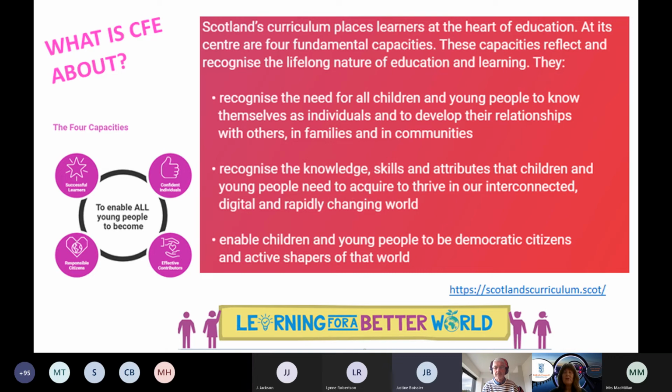But as you scan over them, you'll also see how citizenship, values, environment and rights are integral not only to the curriculum, but also relate to the social studies and RME, are elements which Lynn and Jo were both just speaking about. So they're integral to both the curriculum areas, but also to the cross-cutting theme of learning for sustainability.